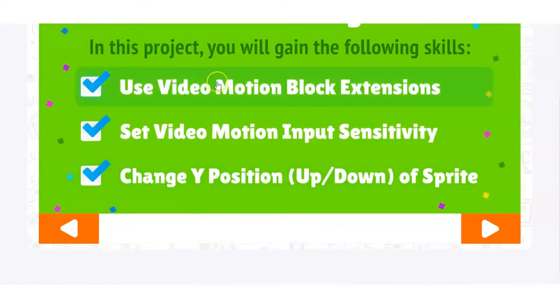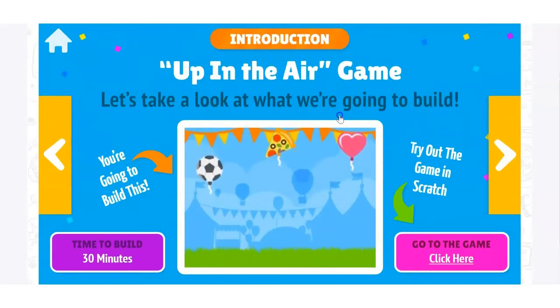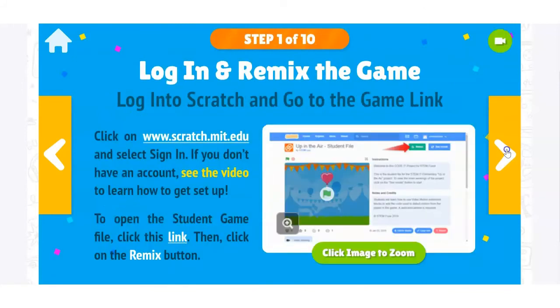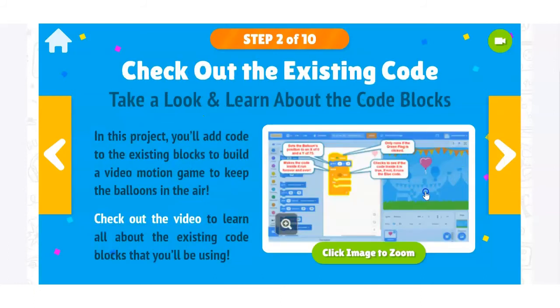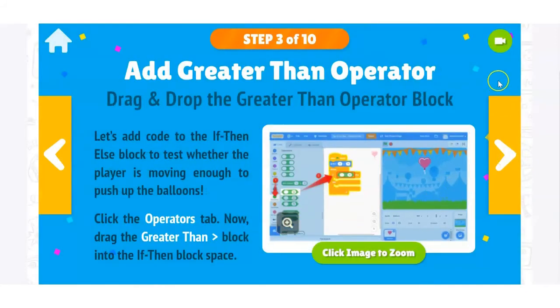You are going to be able to present to the students the objectives that they're going to learn in coding. The students are going to be creating a game that is going to help them to understand the objective, which in this case is gravity. And then it's going to walk the students step by step on how to set up a Scratch account, and then step by step on exactly what to do. On each slide, notice there's also a